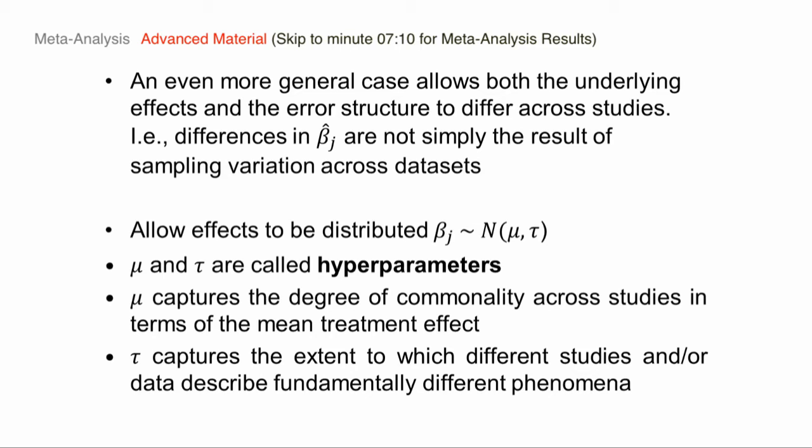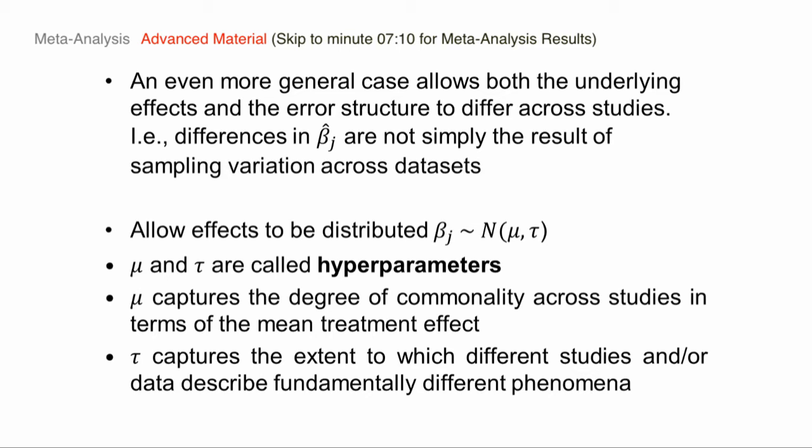In this kind of approach, which has a hierarchical structure, where there's a mean mu and some variability across studies, these are called hyperparameters. It's neat to think of things in this light, because if we can quantify tau, we get a sense of how much variability there is across studies. We can quantify heterogeneity. So instead of you just saying, oh, there's too much heterogeneity to pool things, I can say, well, this is exactly how much heterogeneity there is across studies.